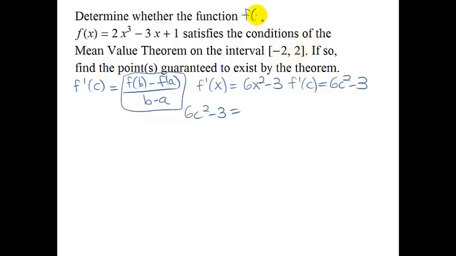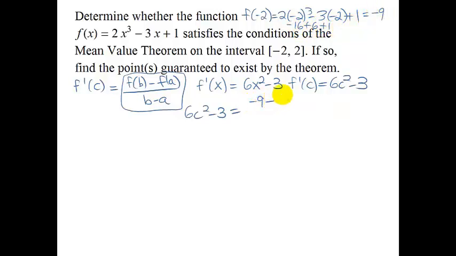So let's find the function at -2. It's going to be 2 times -2 cubed minus 3 times -2 plus 1. So that is going to be -16 plus 6 plus 1. So it looks like we've got -9